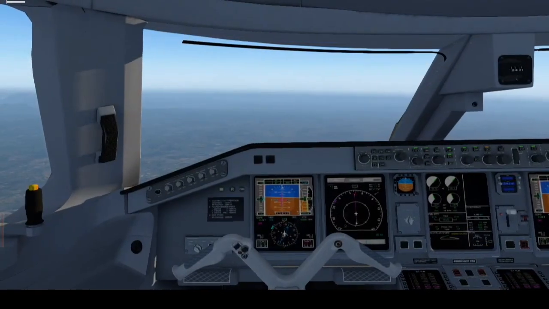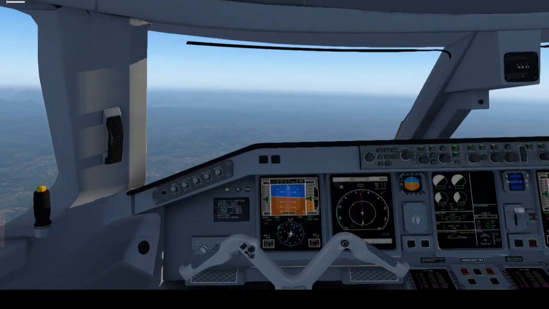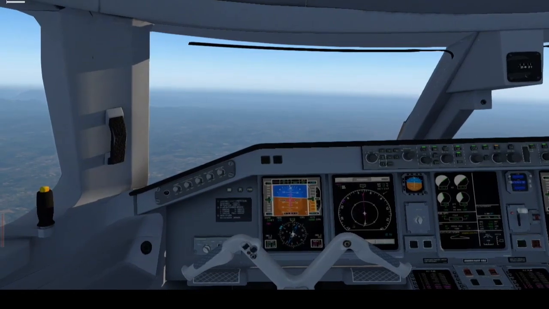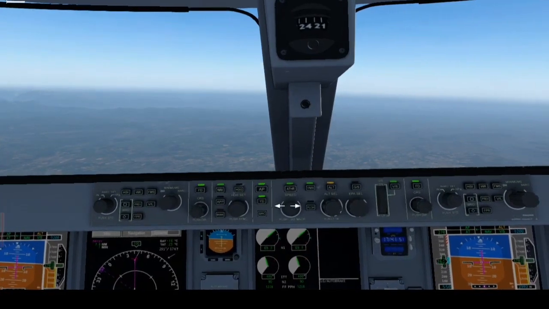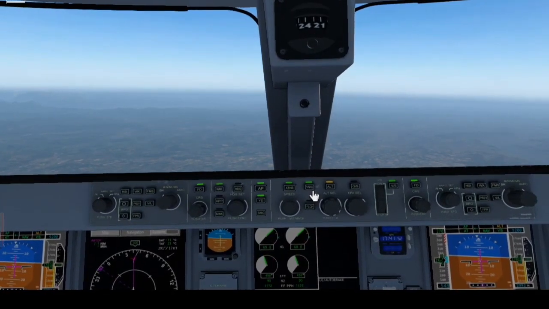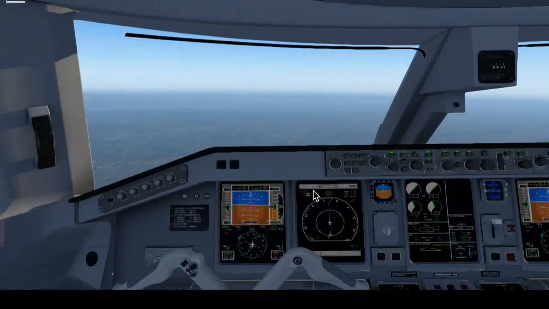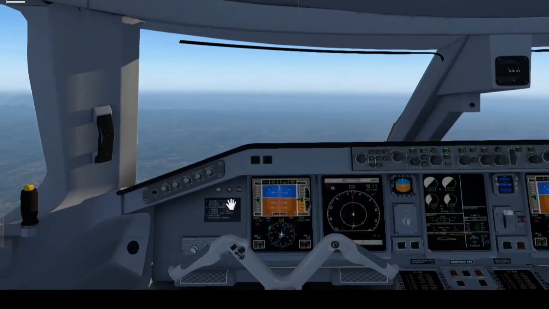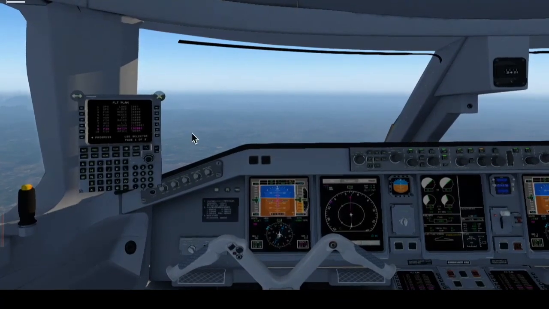Descending. I did miss that part of it where I could have shown you guys once you put it on VNAV mode and you program the FMC just like a Boeing plane. Once you come in here,